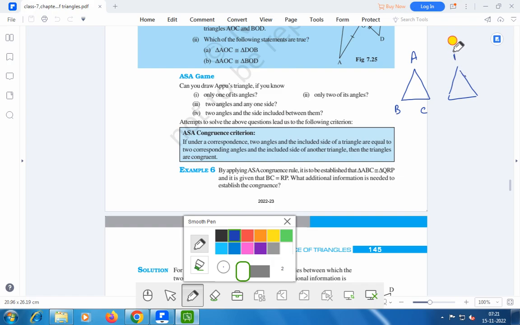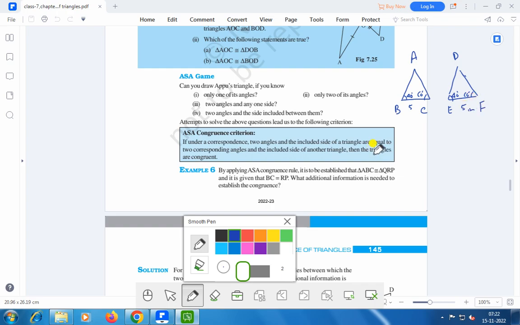This is D, E, F. So this angle is 40 degree and this angle is 60 degree, and here also angle E is 40 degree and F is 60 degree, and this side is, suppose this is 5 centimeter, this is also 5 centimeter,